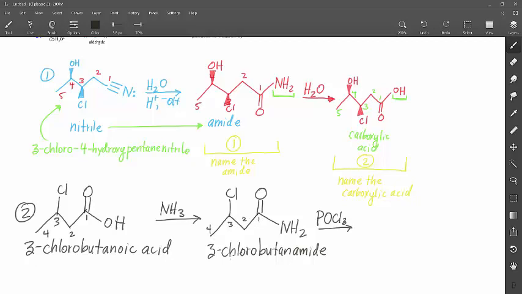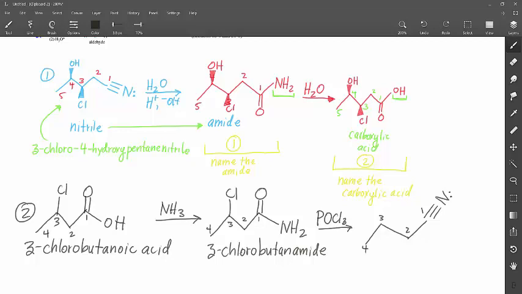So the C double bond O now becomes C triple bond N. So 1, this is 2, 3, this is going to be 4, it's going to be your N. So if I numbered this correctly, 1, 2, 3, 4,